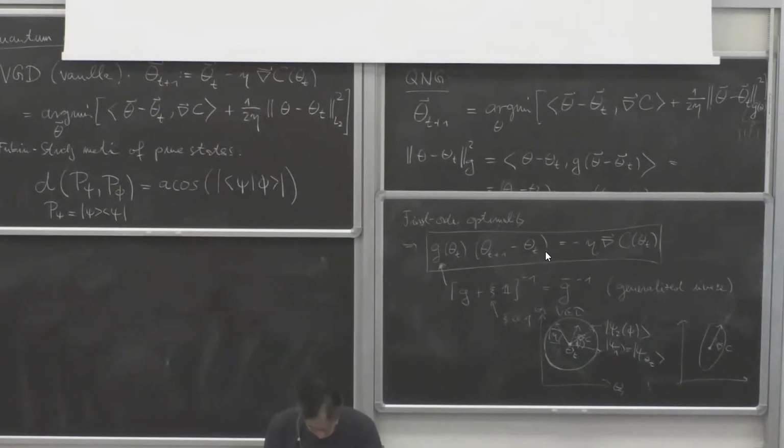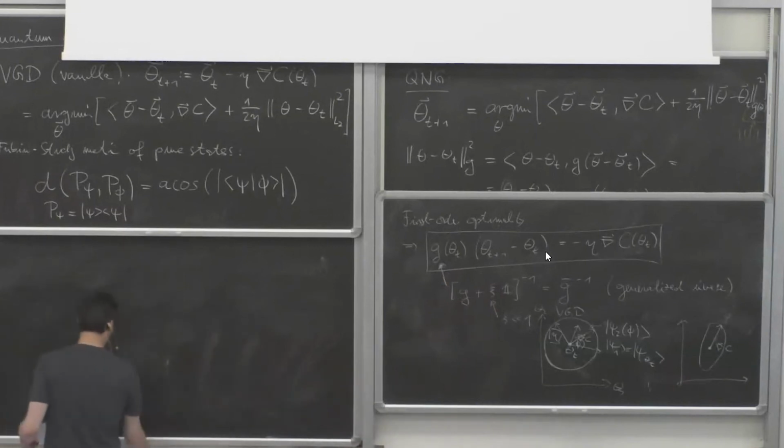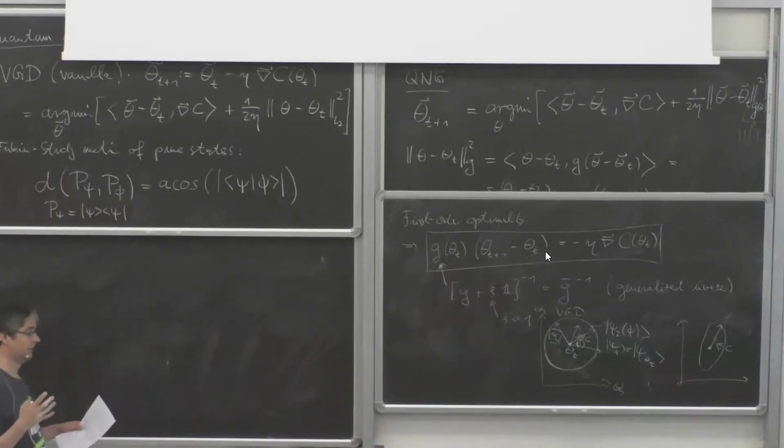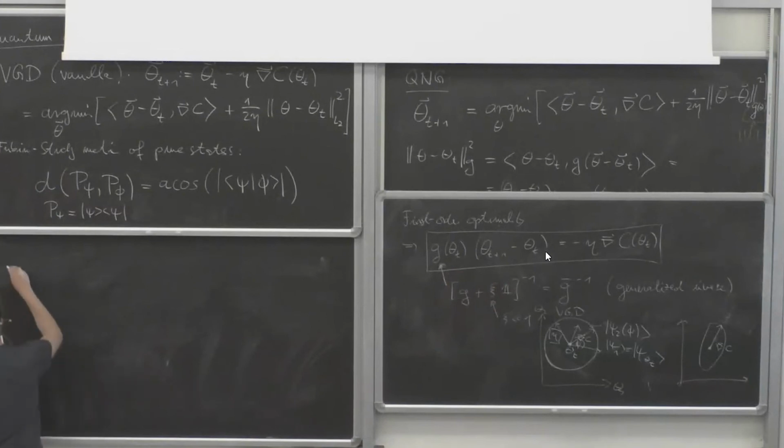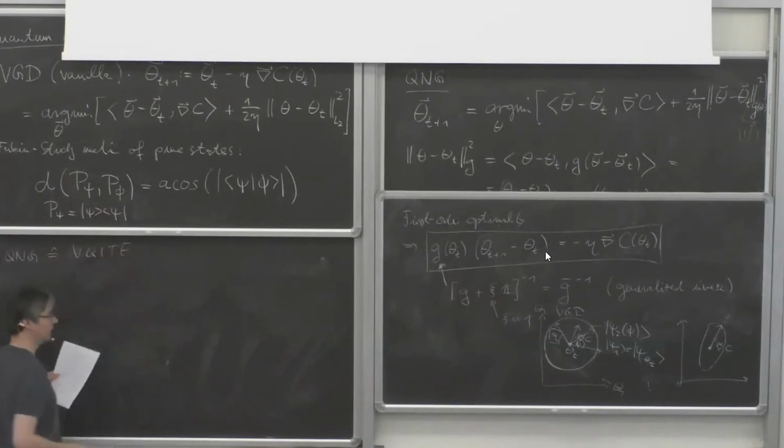Okay, so now it turns out that this updating rule, according to the natural gradient descent, is in fact identical to quantum imaginary time evolution. If you're doing quantum imaginary time evolution, you're following the path of states according to e to the minus h delta tau, which is the imaginary time evolution. I won't derive it, but quantum natural gradient descent is equal to variational quantum imaginary time evolution, because of course we are only walking in the space of variational states. We can never go to any state that's not in our variational manifold.